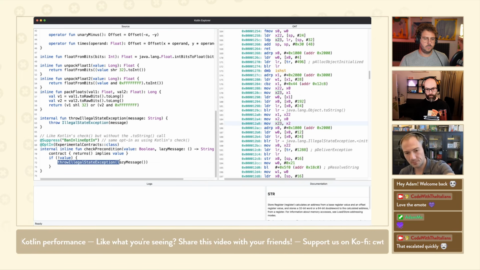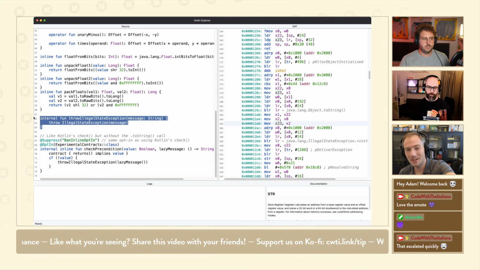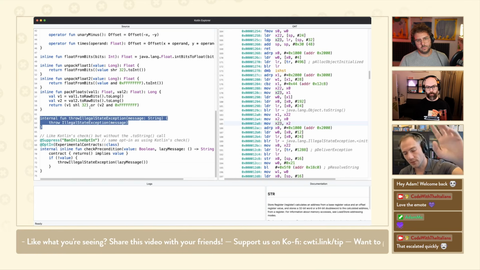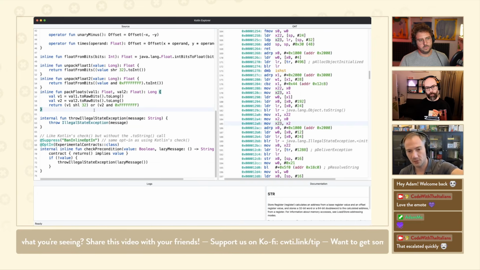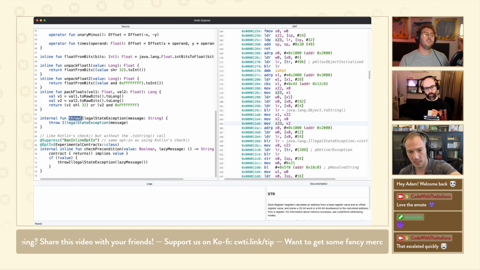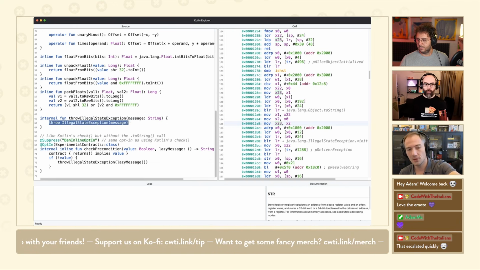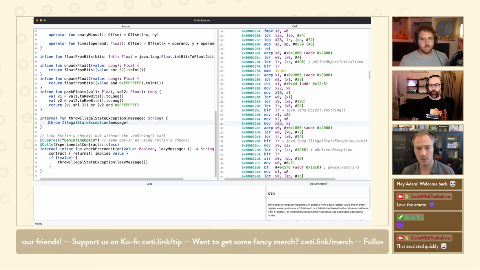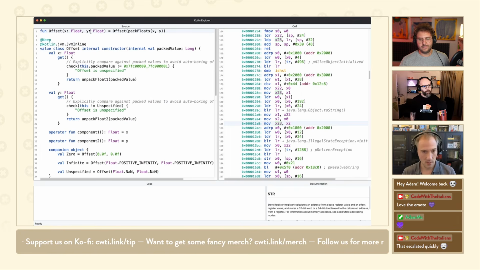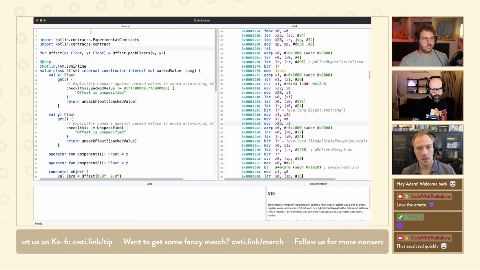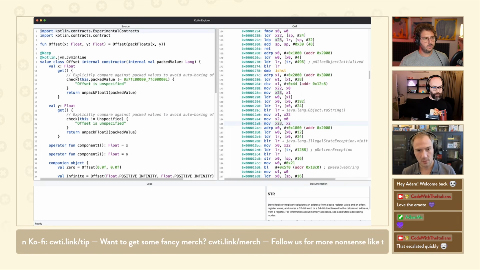Now, R8 will sometimes happily inline this new function we created. So in Compose, we have a ProGuard rule that says if there's a top-level function that starts with throw, don't inline it. ART will never inline a function that only does a throw. That's a guarantee ART makes. R8 is sometimes a bit too aggressive. But once you've done that, we can go back to our code, and our check can become our check precondition.